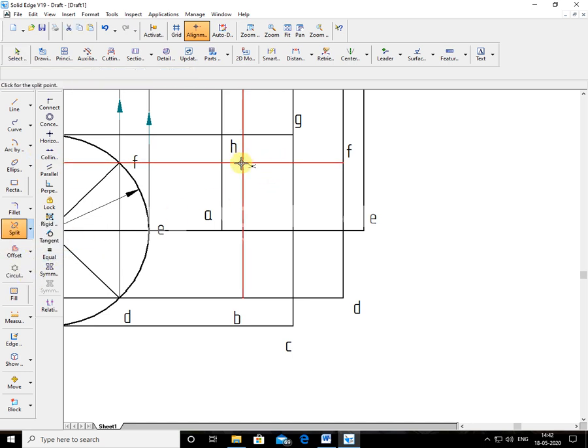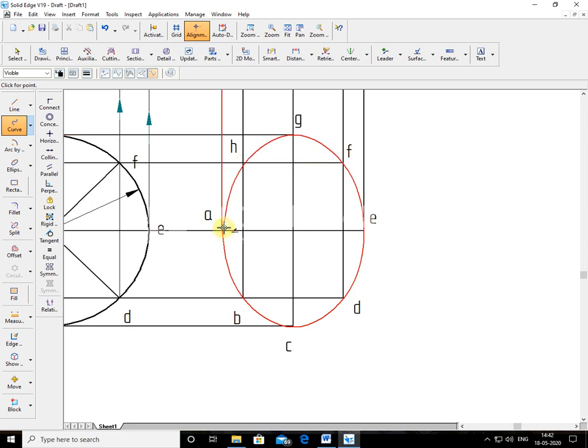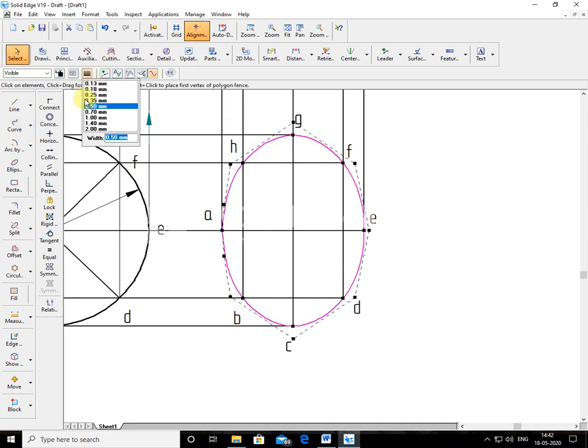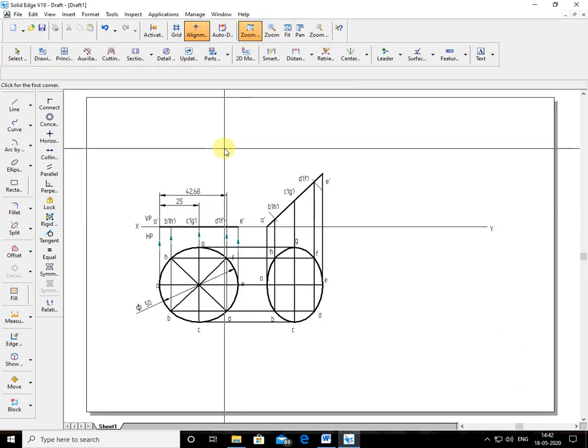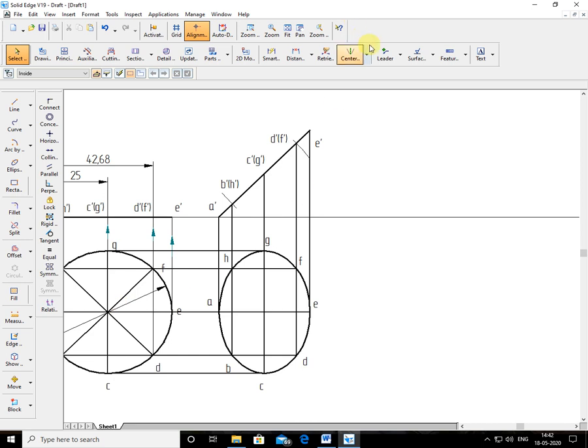End point, end point, end point, end point. It is E end point, F end point, this is end point, this is end point. So this is a circle. So this you have to maintain as this ellipse. Correct? So next, afterwards, I'll show the arrows here now. So this is the other projection. So this is the other projection I am showing.